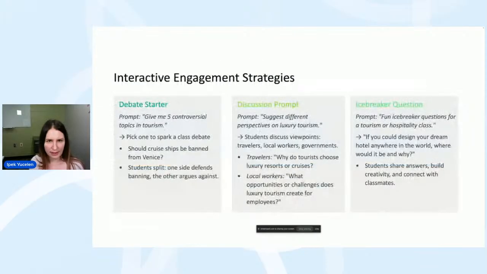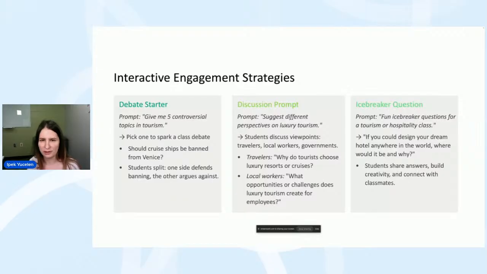Some other interactive engagement strategies, quickly. You can give a prompt to come up with a debate question. For example, prompting, give me 5 controversial topics in tourism, and it gives you some controversial topics as outputs, which you can see on the slide, and you can use this to start a debate in the classroom. And you can also start a discussion.